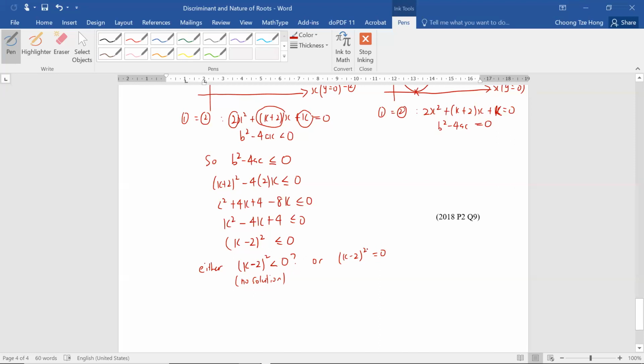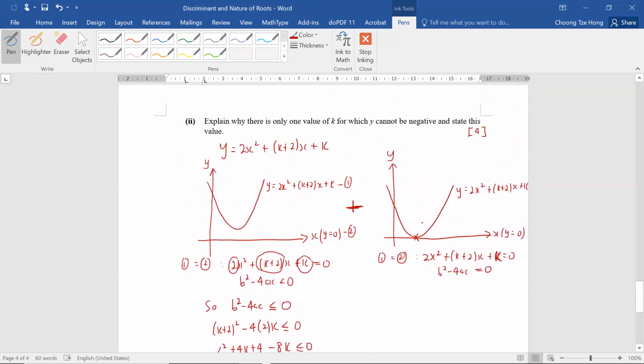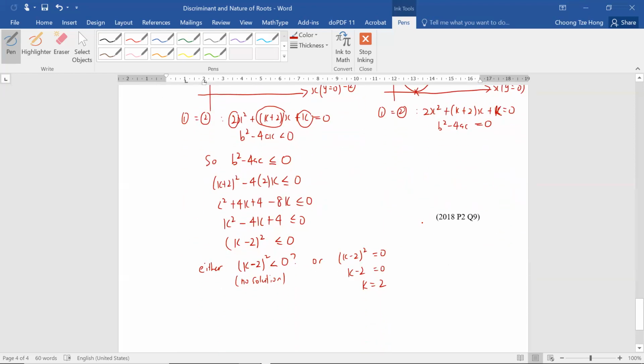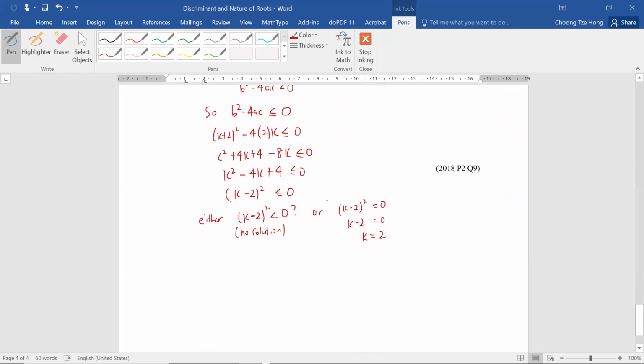So the only solution can come from here, and this one is so easy to solve. The only value of k where you can sub in such that (k minus 2) squared is 0 will be k equals to 2. So only k equals to 2. So you have explained already. That's how you explain there's only one value. So just conclude: the only value